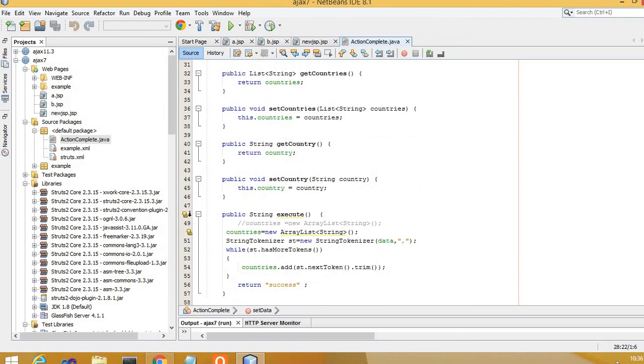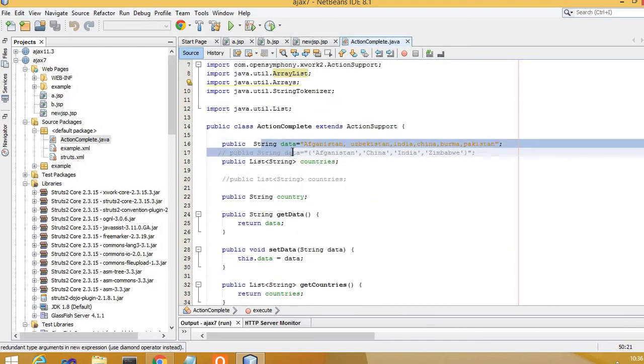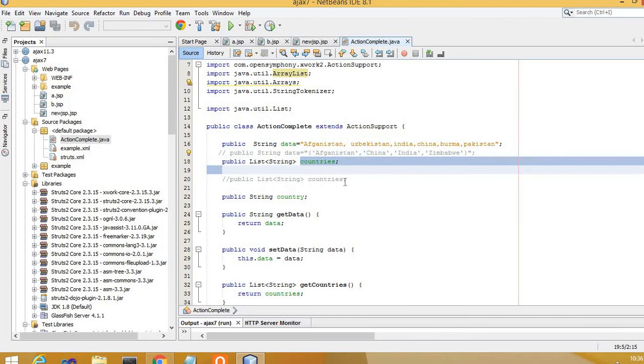Then after this we need to write something in our public String execute. What is this all about? Countries is equal to new ArrayList of String, which means we have taken this string as data, countries as a list of string.